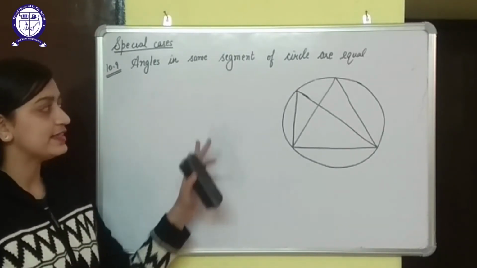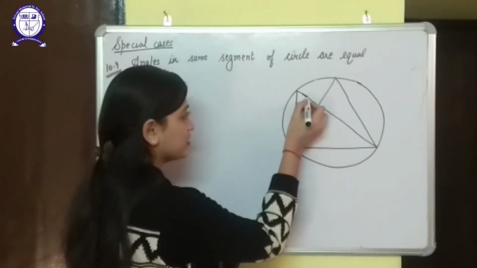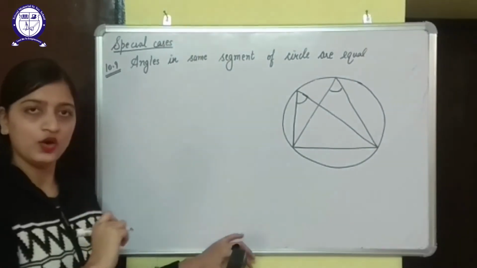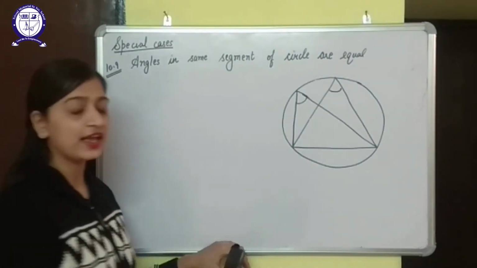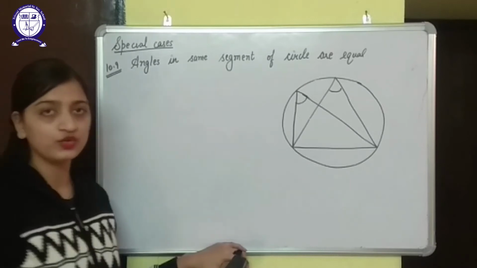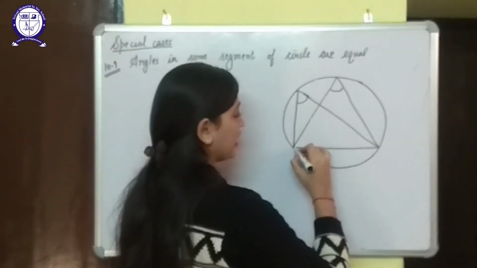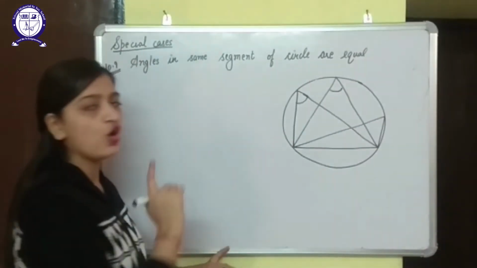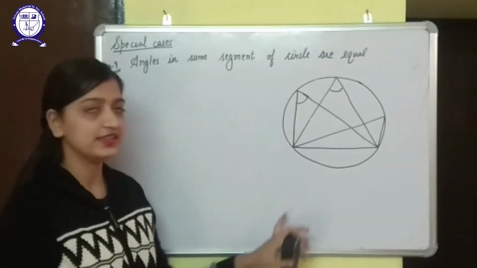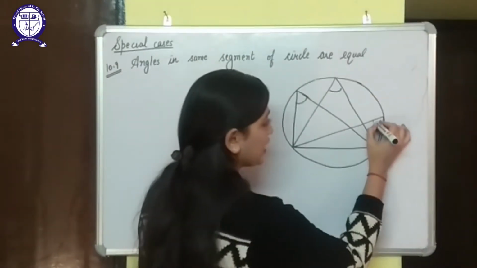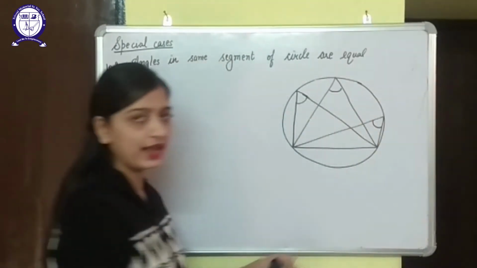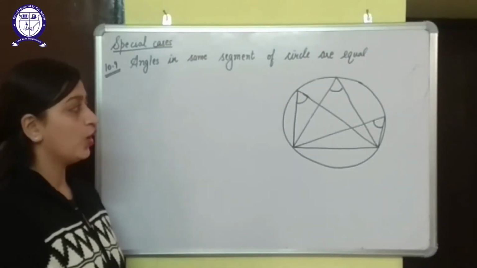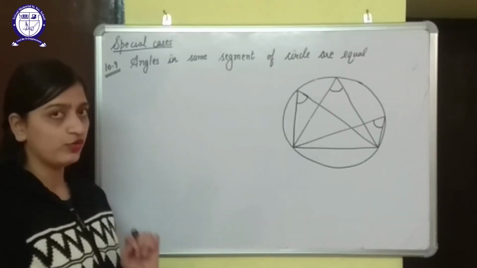Okay, now this is the result. It says that these angles made by the segment, that is this angle, will be equal to this angle. Okay, it doesn't matter where we are taking it, the angle should be on the boundary of the circle, and it can be something like this also. This angle is also on the boundary of the circle made by this segment. So this angle will also be equal to these angles, and you can take any angle on the boundary of the circle. Okay, so let's do the proof of this theorem.